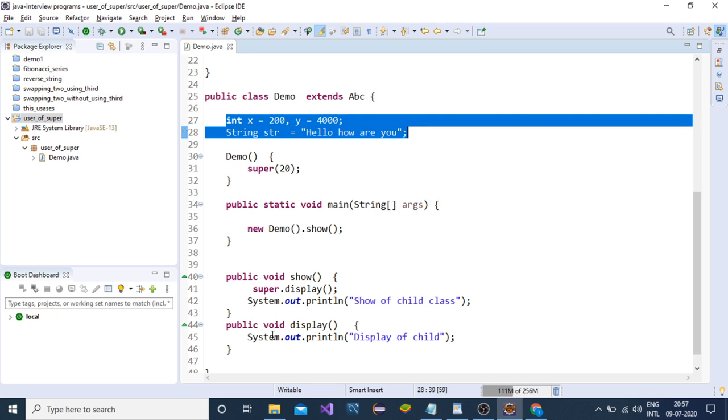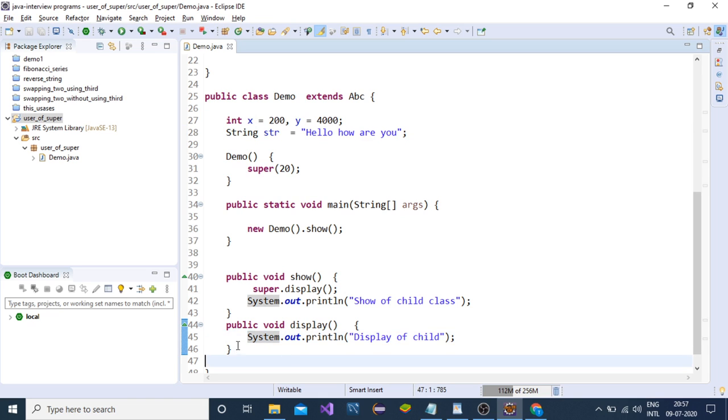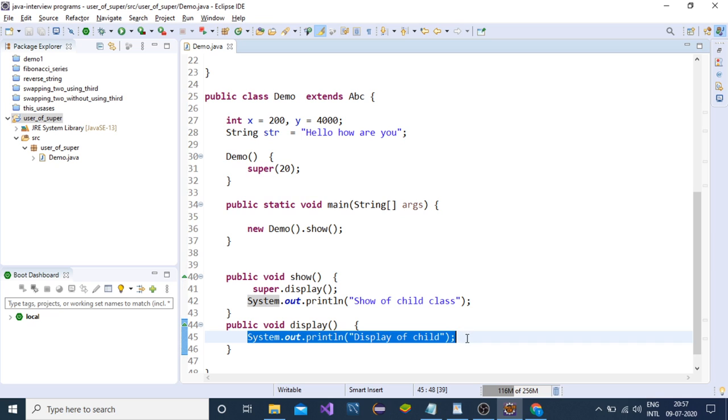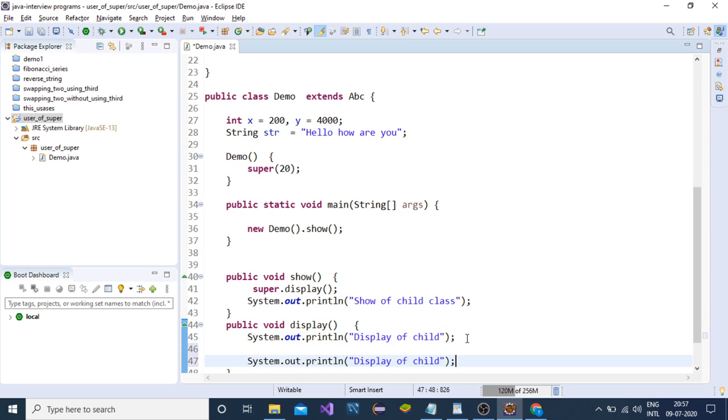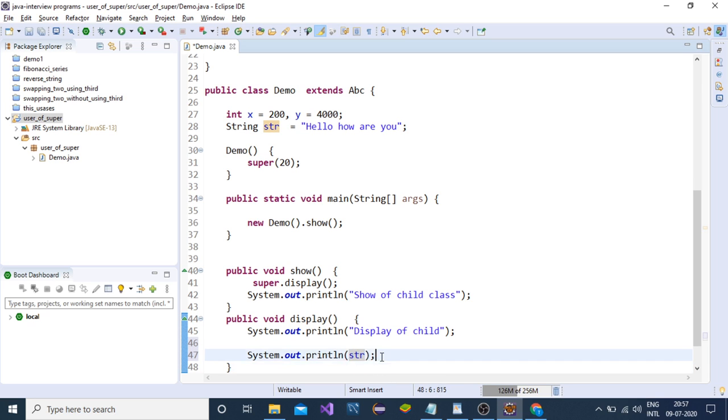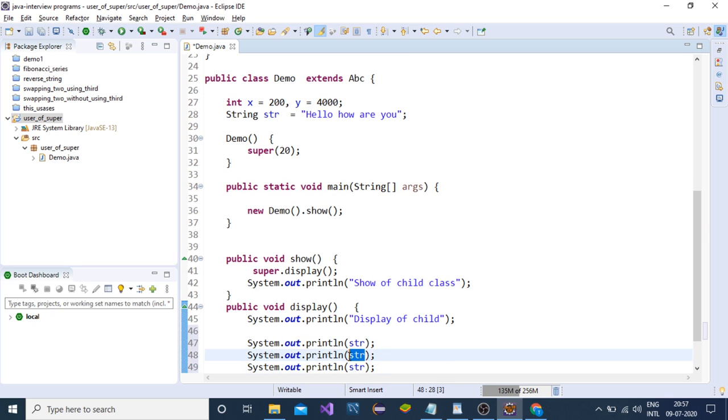Suppose inside the display method I am trying to print this data member: str, x, y. See the output.